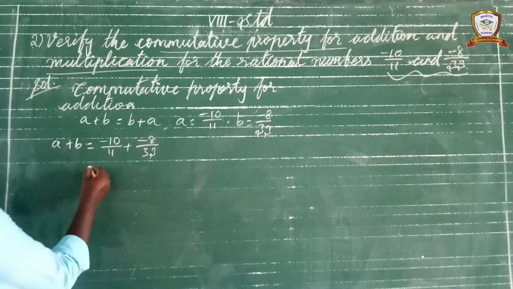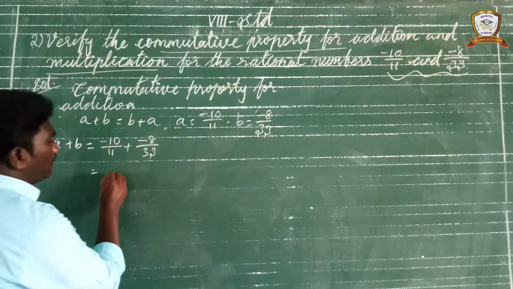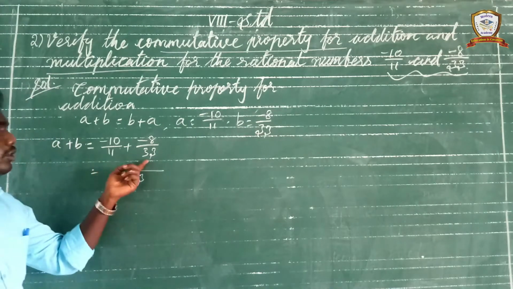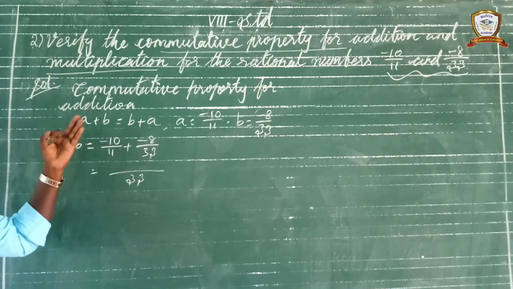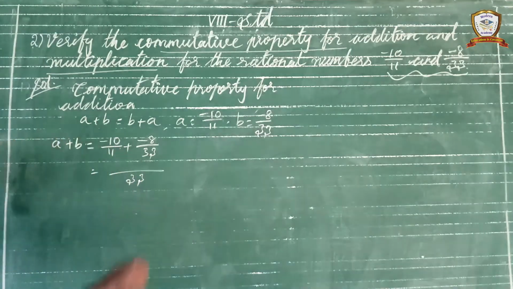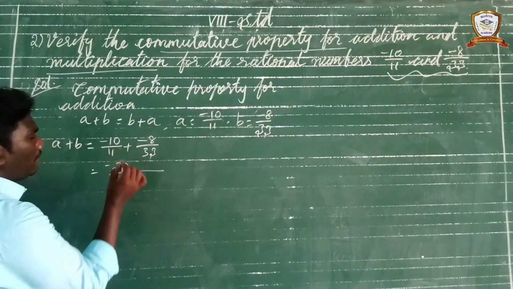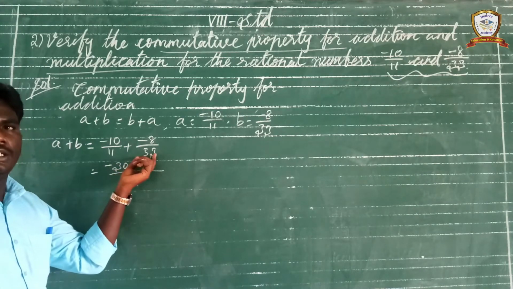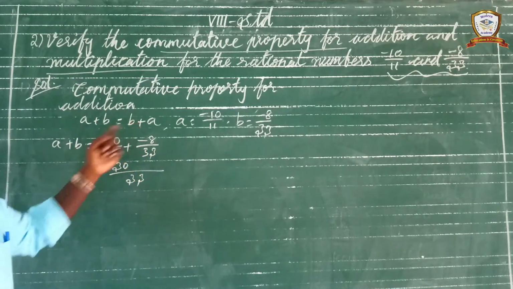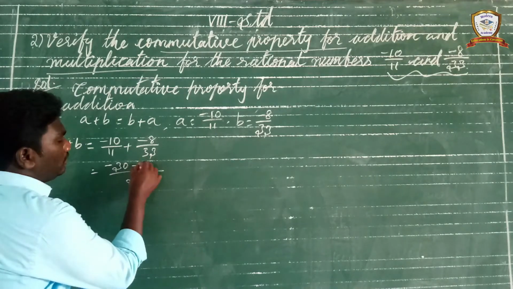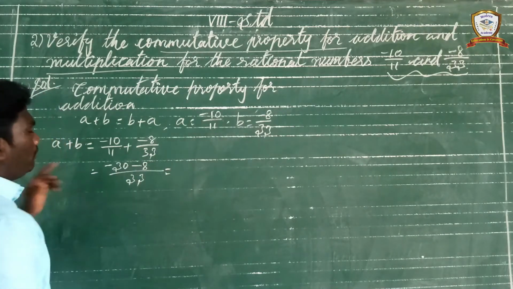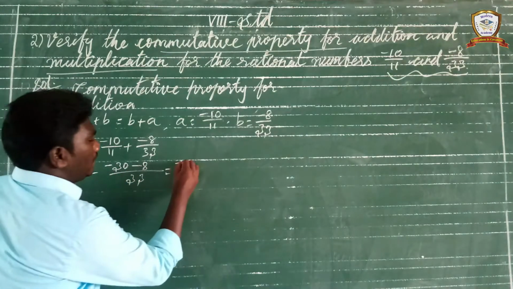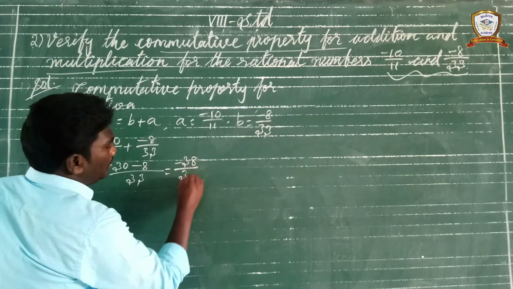Okay, now we take the LCM method, very easy. So for the denominator, LCM take 33. Okay, now 11 table 33 how many times? 3 times. The 3 is multiplied by numerator 10. So 10 threes are 30, minus into plus is minus. Okay, the next one, the denominator already has 33 only. So 1 table only, multiplied by numerator 1 into 8, minus 8. Therefore here minus 30 minus 8, both have the same sign, so we can add: minus 38 divided by 33.